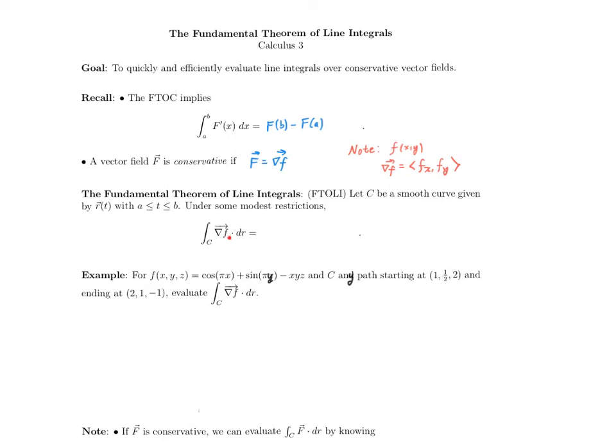The line integral over a gradient vector field of a curve C is defined to be f, so note f is the potential function of the gradient vector field, and it's f of R of B minus f